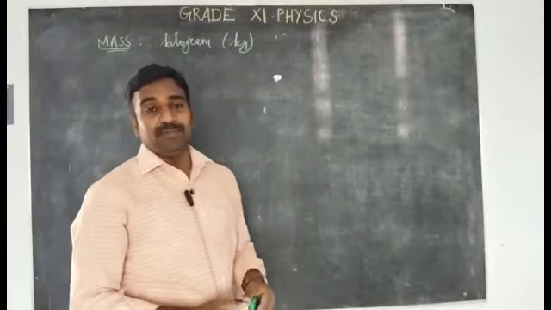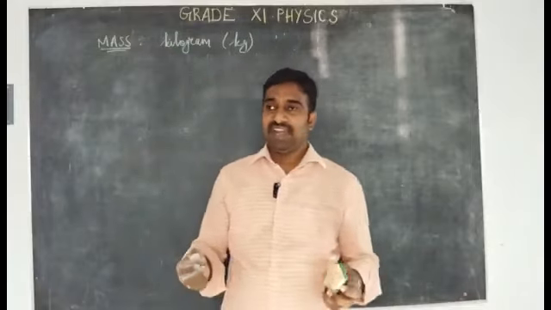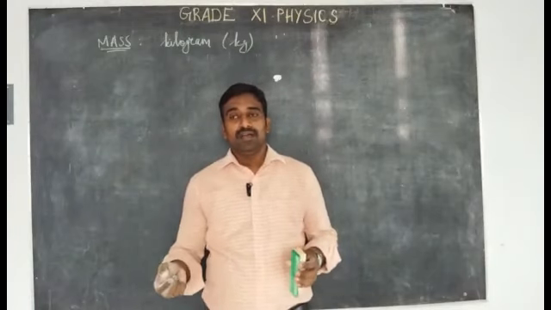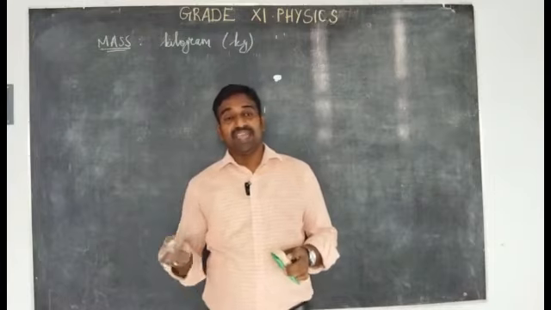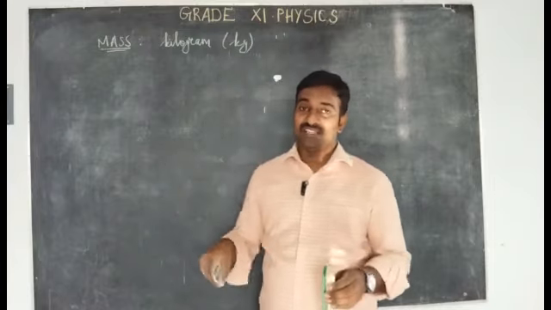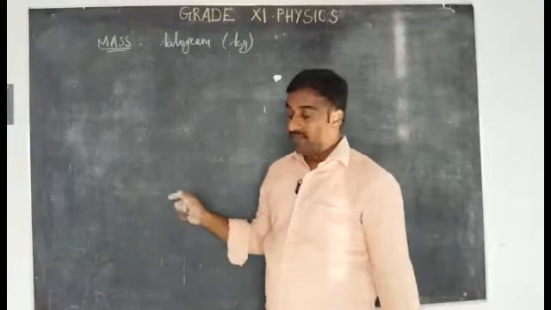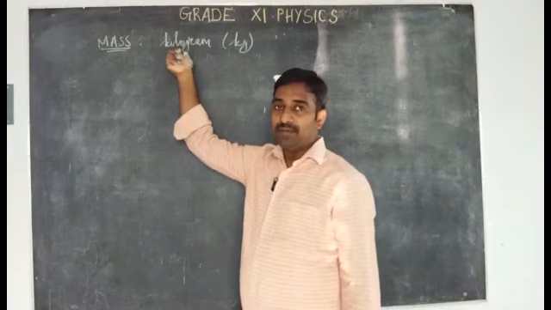Around us, everything is made up of some mass only. Everything is made up of atoms, and it is a solid, liquid, or gas. So it has some mass. Even an electron has a mass. An atom is also invisible. That atom contains an electron, proton, and neutron. That also has a mass. So the mass is one type of fundamental quantity. It is measured in the unit kilogram.